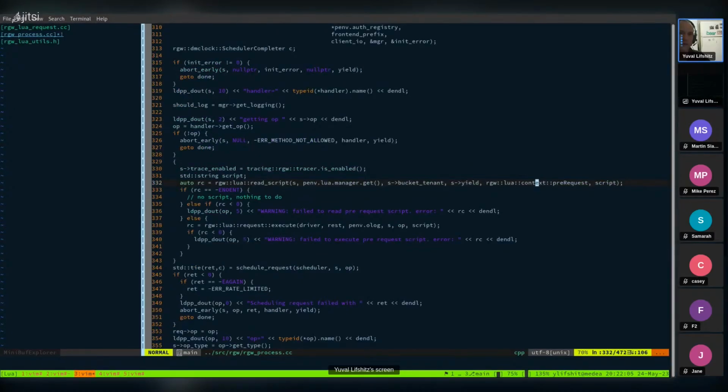Okay, so now we're getting to the more interesting thing. So this is the pre and post request context, and this is the context most people that are using the Lua scripting on the RGW are using. So how do we do that? In RGW process is actually what hooks or ties together the front end, the beast front end, with the actual implementation of different S3 operations. And this is where we are doing this. So before we actually